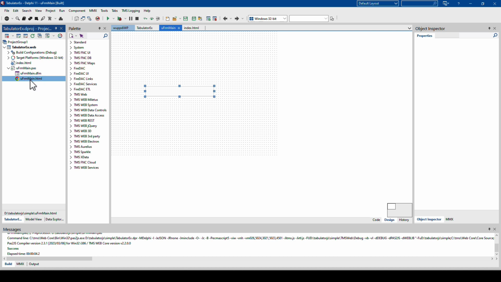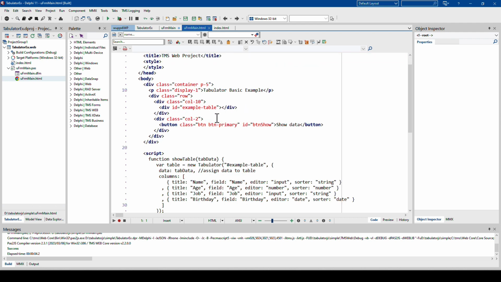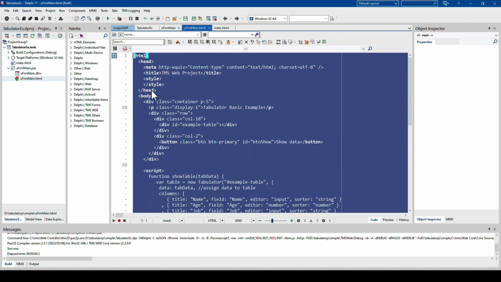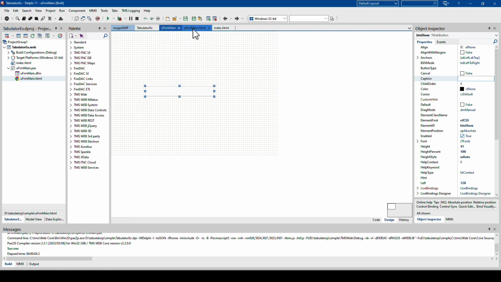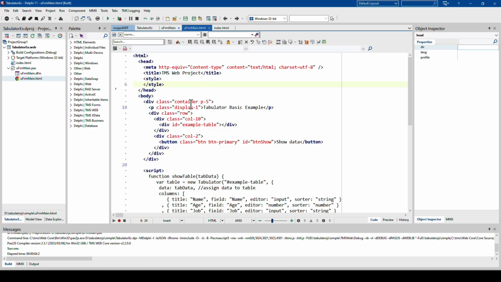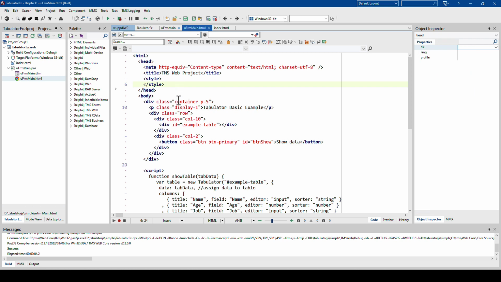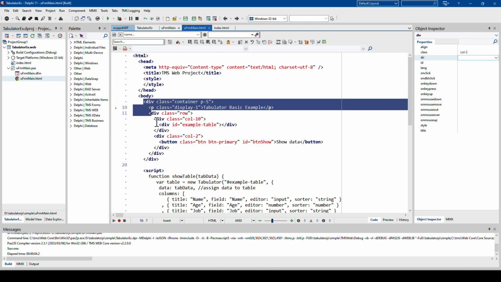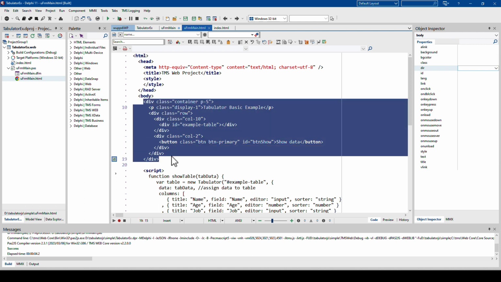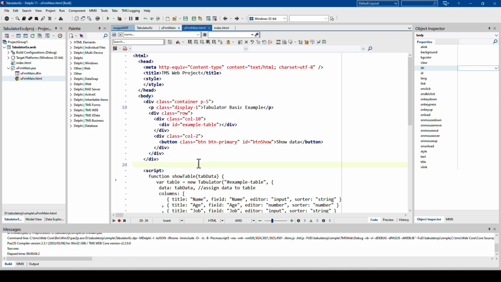So our main form has an HTML document attached, and there you find the definition of what our form looks like. So instead of using the design from the form designer, I designed my own form using HTML with TMS Web Core. If you use the Visual Studio Code IDE, you get what you see is what you get for this particular case, but it doesn't really matter. I only need the button and the interaction. So I define in my HTML the button right here inside of a Bootstrap grid.